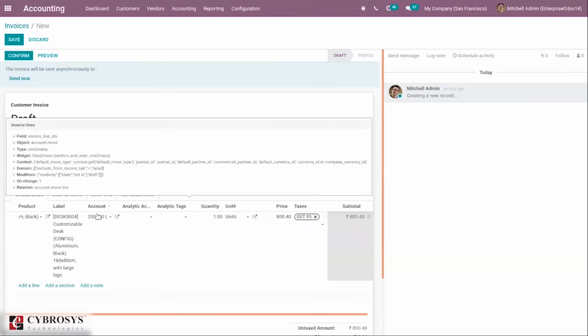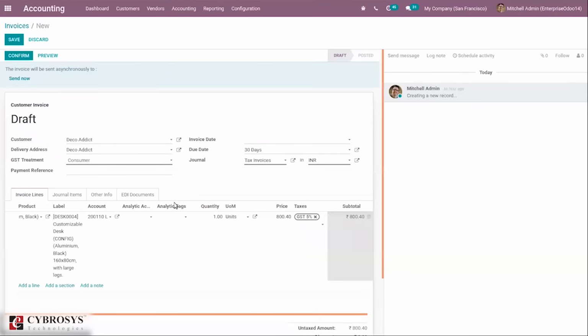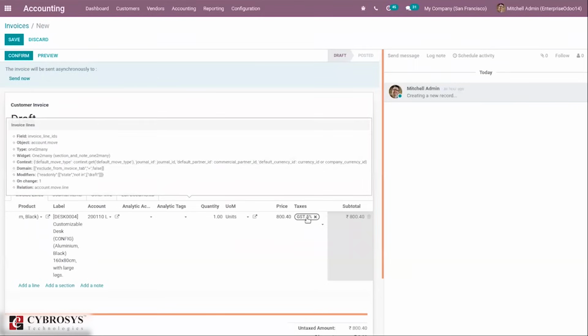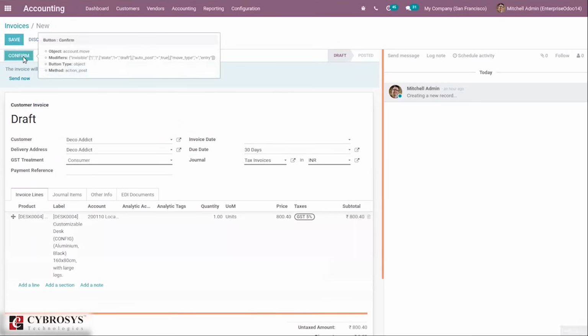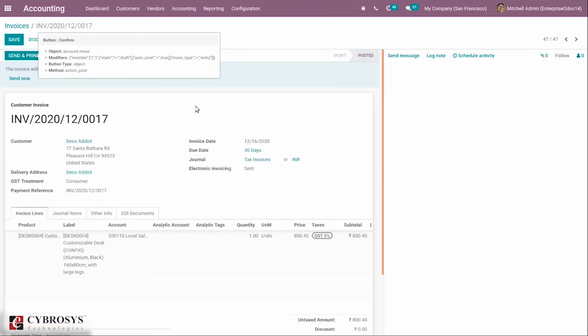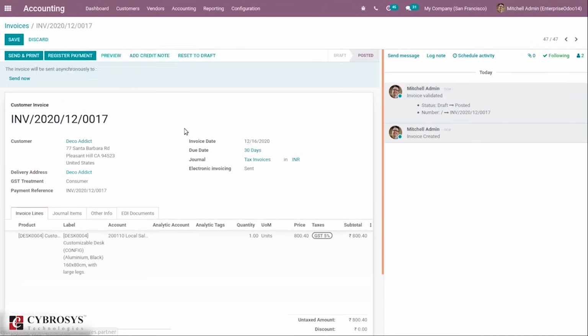Then we can set account, that is income account, then entity account, entity tags, then quantity, then unit of measure of this product, price, tax can be viewed here. So you can see this is our company's tax, that is GST 5%, and you can also see subtotal of this invoice. So when you confirm invoice, you can see the draft state is moved to posted. So the invoice is posted.